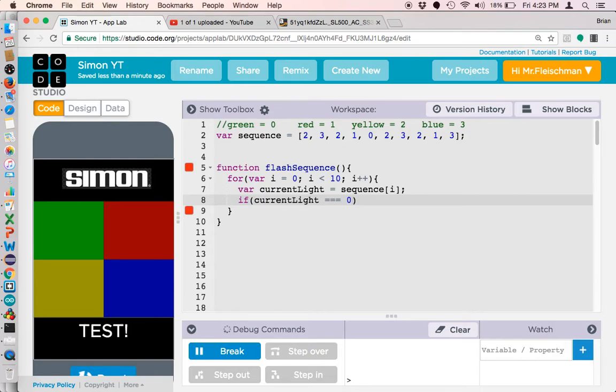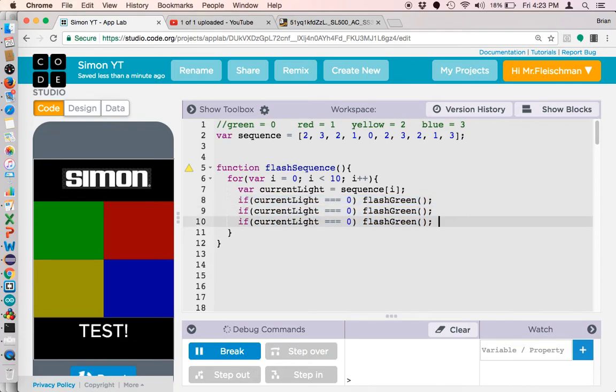Triple equals, so if the current light is 0, I want to flash green. Does this make sense? Flash green. Okay, so if the current light is 0, I'm going to flash green. Can you guys copy this like, let's see, 4 times? If the current light is 1, 2, and 3,